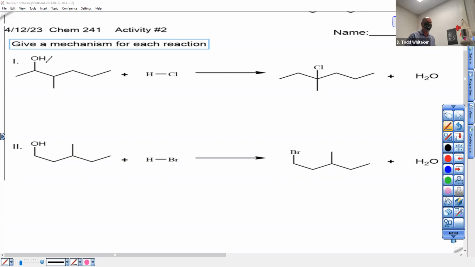Question 1, what's water's conjugate acid? Acid has one more proton. H3O plus. What's the pKa? -3. By definition, what kind of acid is that? So water is the conjugate base of a strong acid. Water is a good leaving group. If you protonate an alcohol, you've made it into a better leaving group. Okay? Well, here's the story.